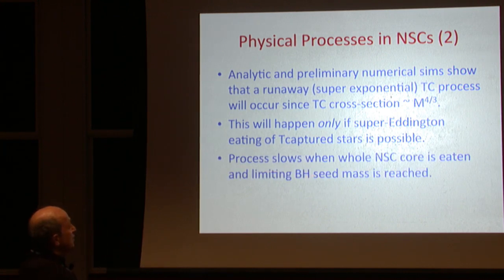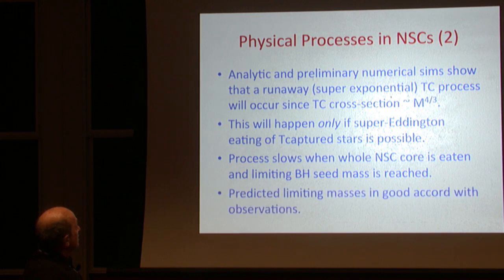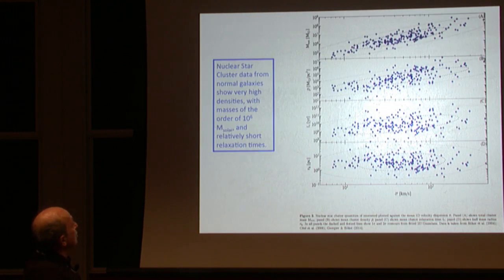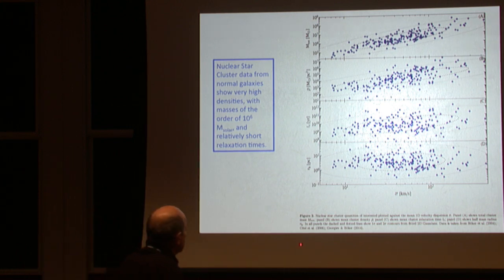But it slows when the nuclear star cluster core is eaten and the limiting black hole seed mass is reached. And you can predict what masses you get, and it's in good accord. So here's some data, which was taken by Georgiev and Boker and other papers. One is on the mass of the black holes